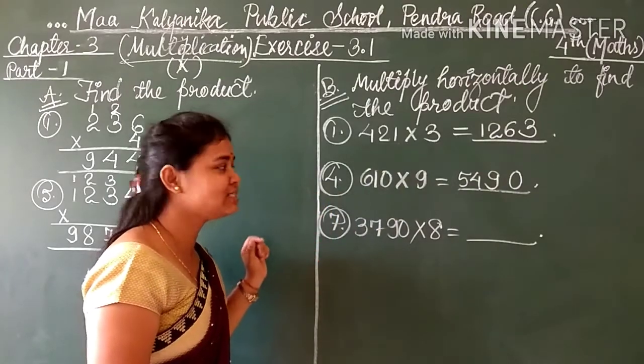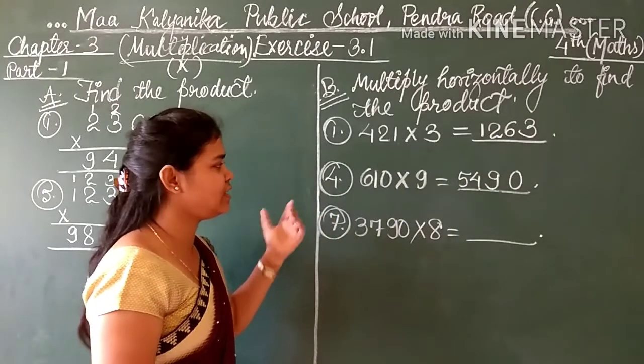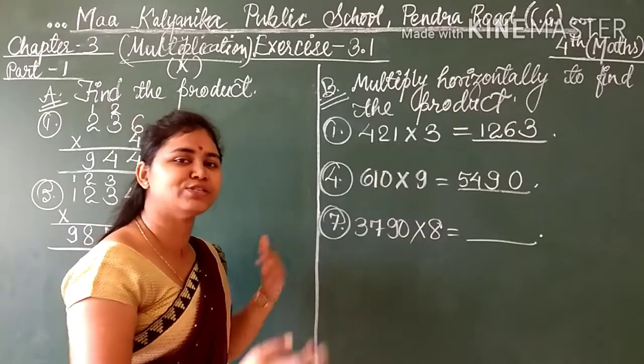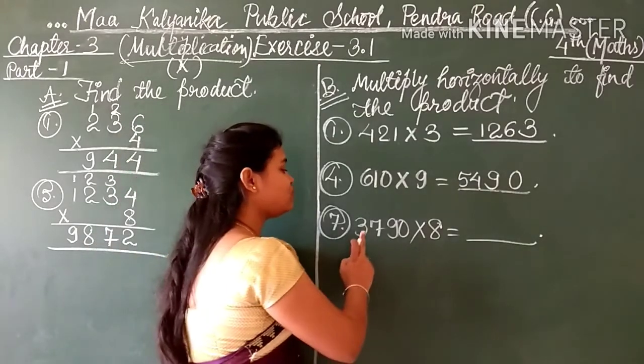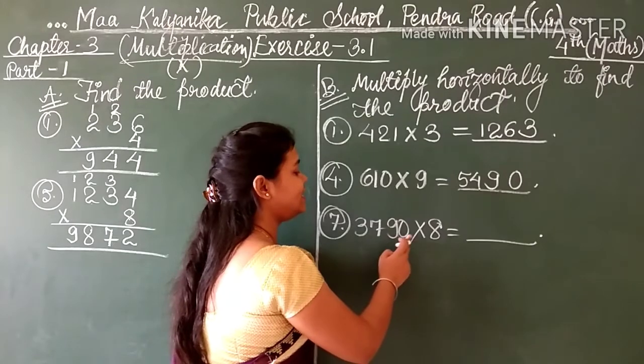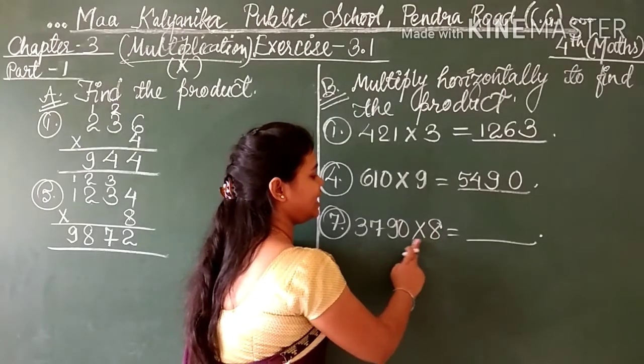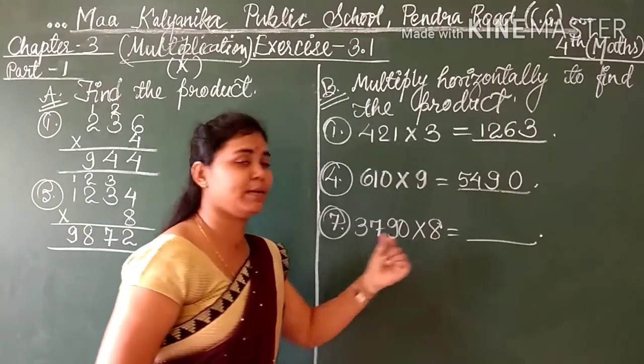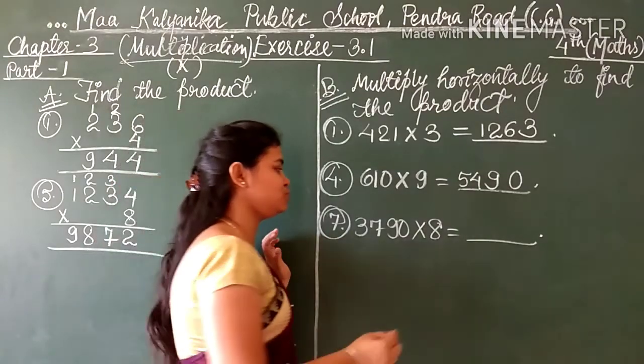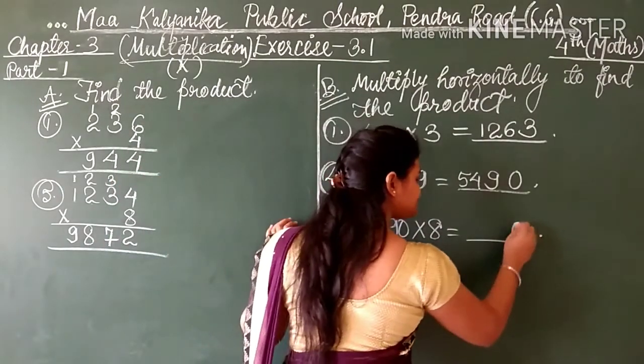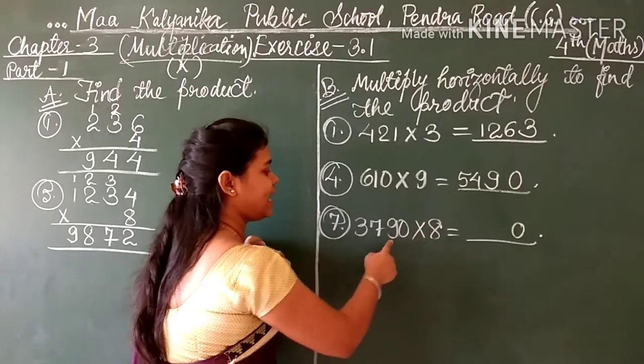Clear to you students? Multiplication is very easy. If you understand the basic thing, you can solve the rest of the questions. Okay. Now 3790 multiplied by 8. So students, you have to read the table of 8, or you should know all these numbers. So 8 zeros are 0, 8 nines are